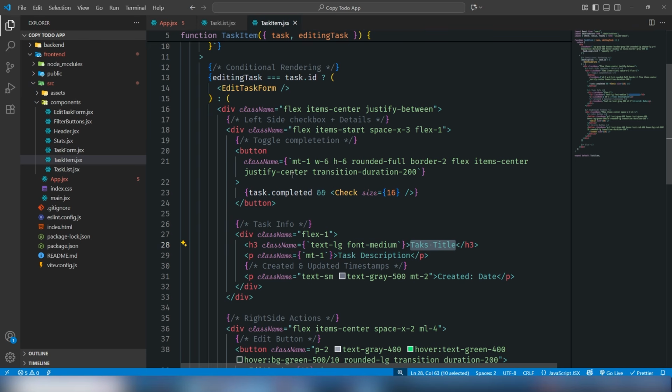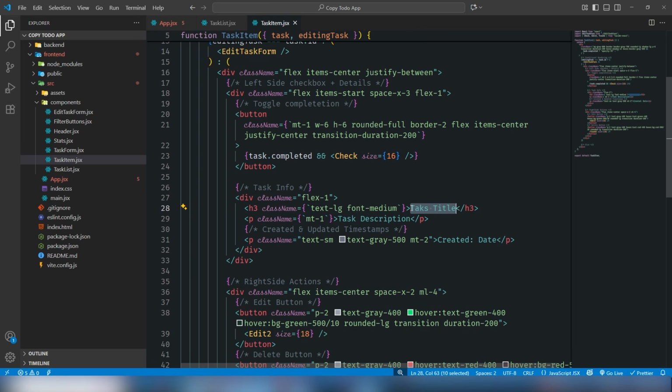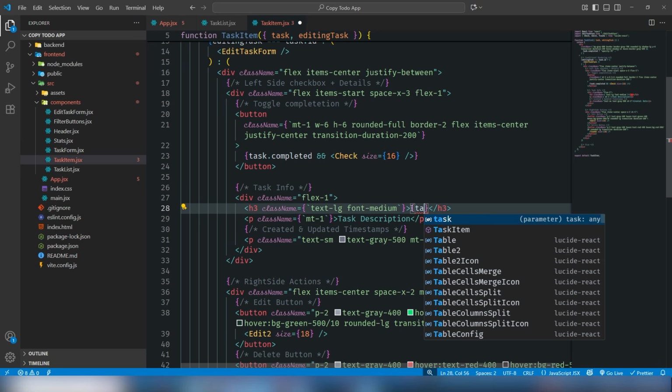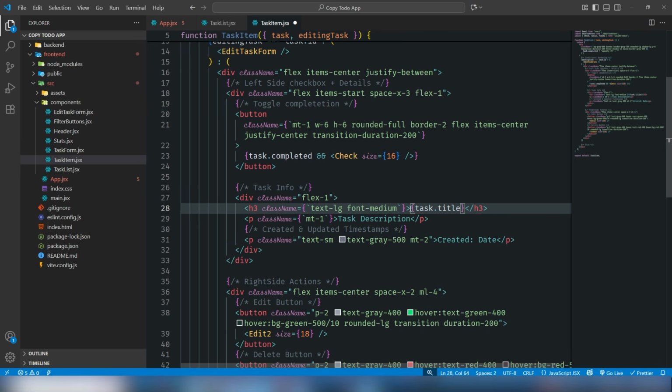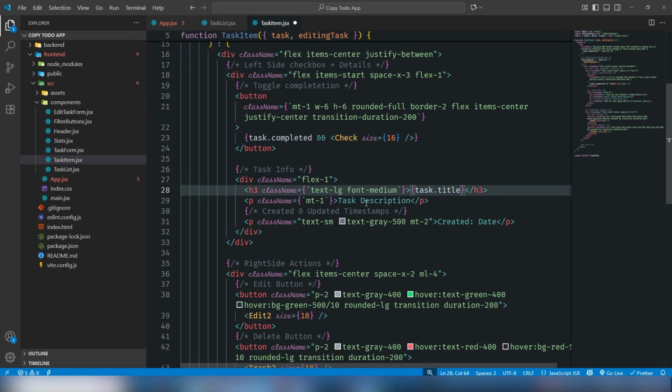Right. So this is the button. This is the text info. I just use task.title, and where is the description? Here is the description. So I need to use task.description,